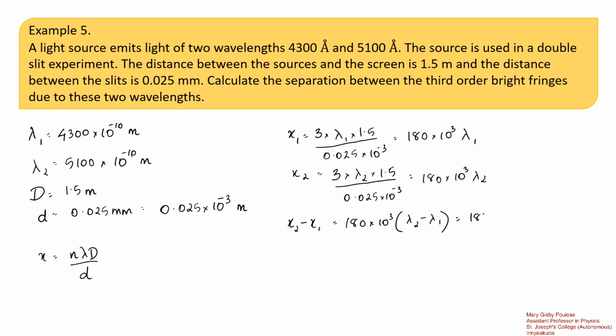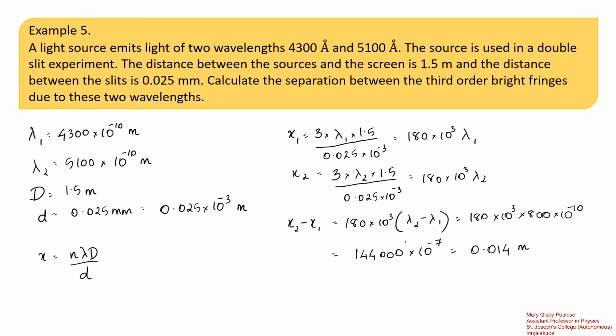Now the difference in wavelength is substituted as 5,100 minus 4,300 is 800 angstrom. That is 800 into 10 raised to minus 10. So this can be calculated as 144,000 into 10 raised to minus 7. That is 0.014 meters, or